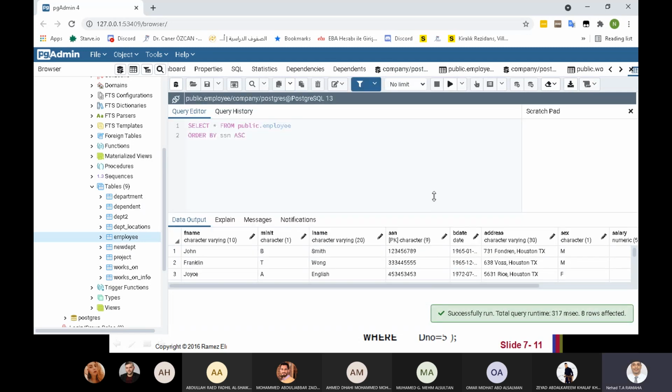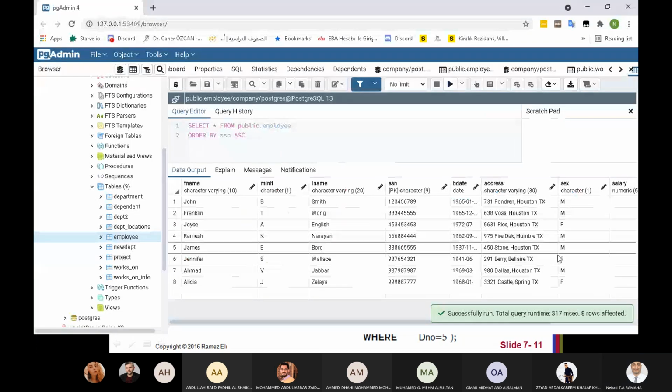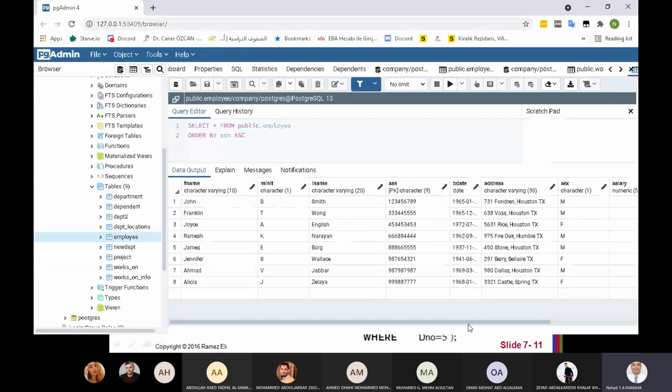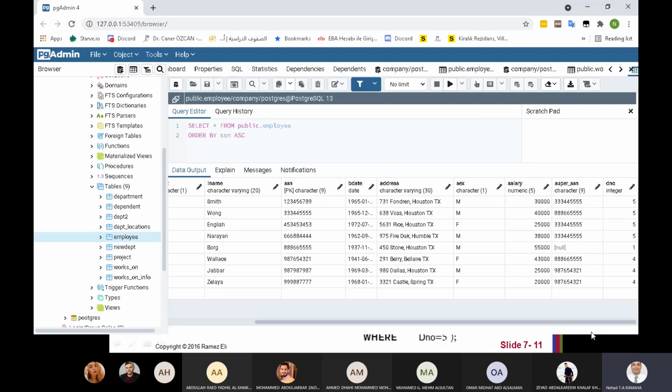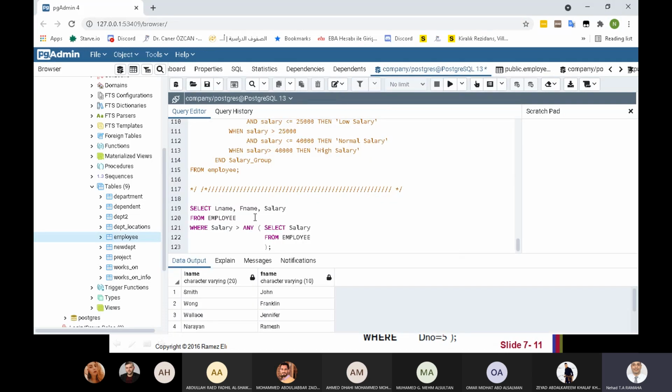Okay, this is all the employees, and this is all the salaries. This will give us all the employees actually. It's not the correct one. This doesn't mean anything.